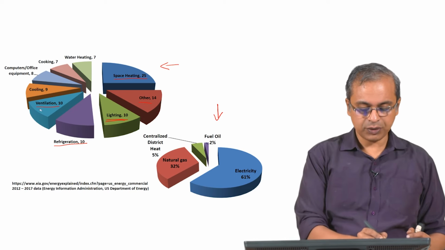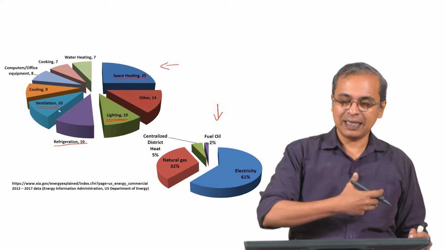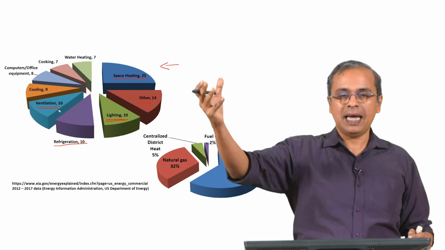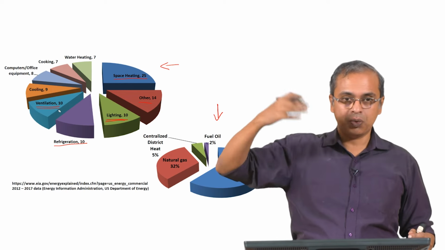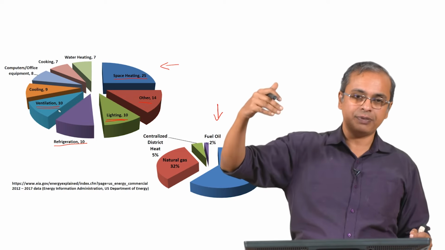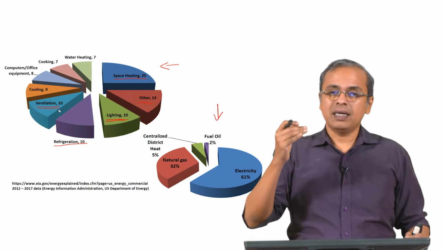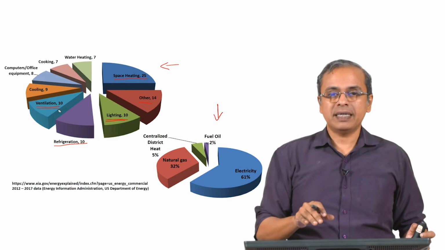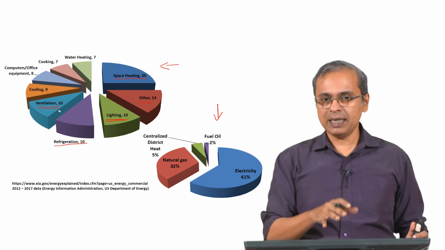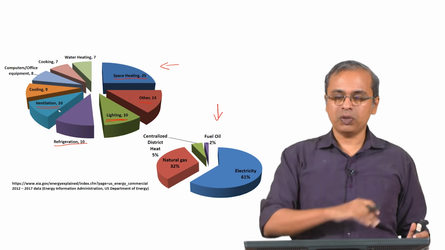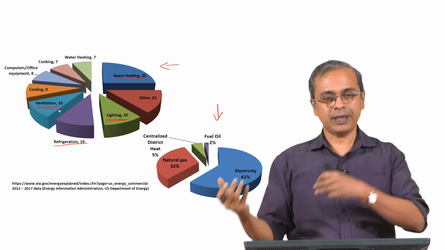Ventilation, again exhaust fans. Exhaust fan is maybe a crude way of saying ventilation, but they have this entire system of piped air flow, which takes air off of a room, sends it out, maybe makes it cooler, throws out some of the bad air, adds some fresh air, and then brings it in. Lot of stuff is on with respect to ventilation. Again, because in olden days we used natural ventilation, this was not an issue. Now we are using all piped stuff, everything is piped. You pipe in air, you pipe in electricity, you pipe in water, and so there is some energy associated with sending it in and pulling it out, all this stuff.